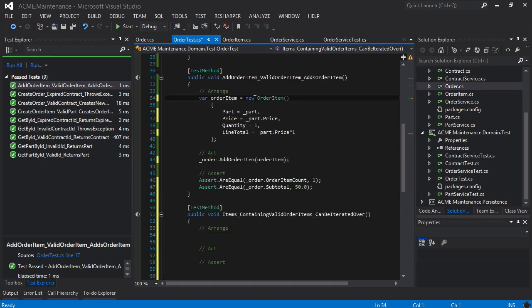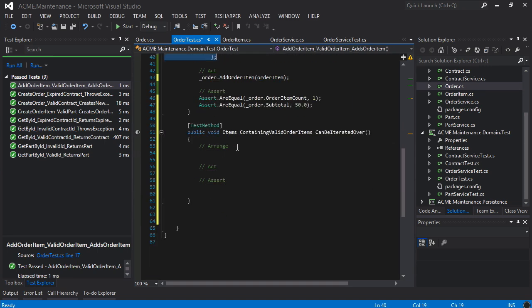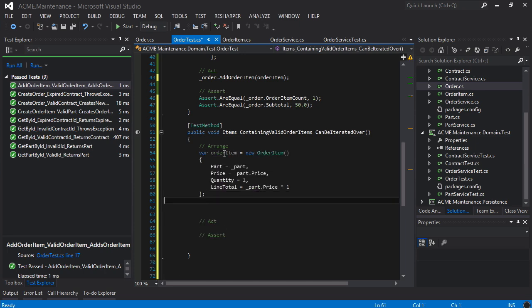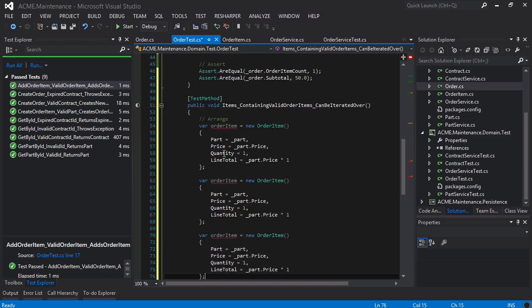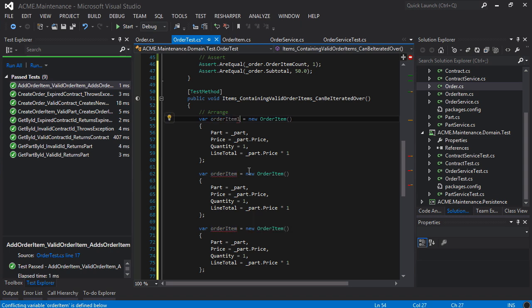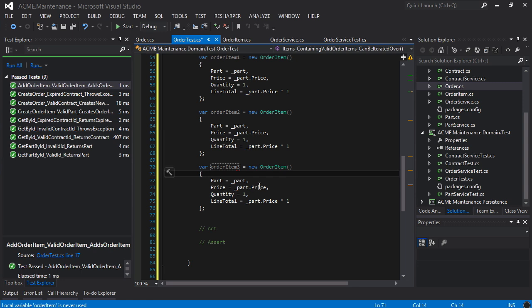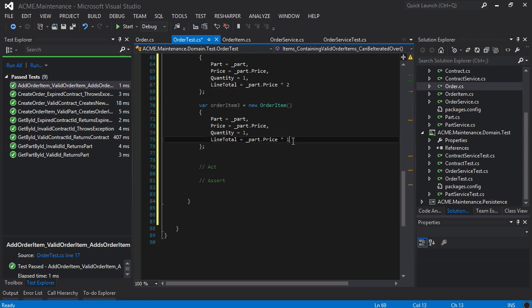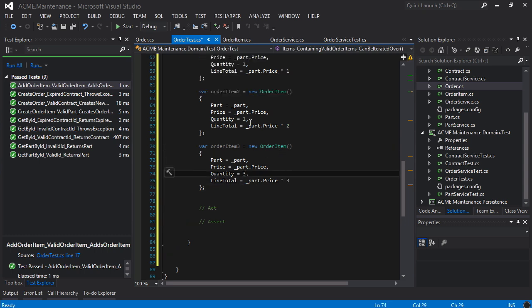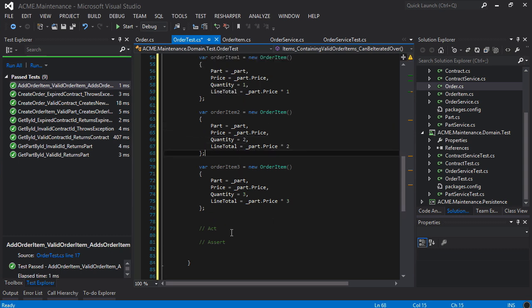So here what I want to do is just copy this and paste it in 3 times. Call this order item 1, 2, and 3. And so the only difference here is in the number of the quantity and how that affects the line total. Okay. And then what I'll need to do here is